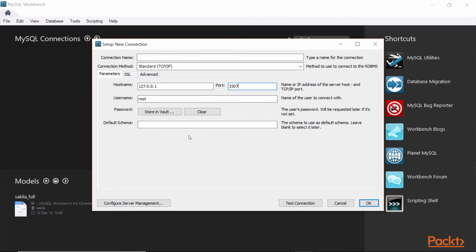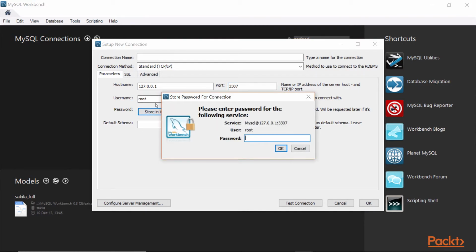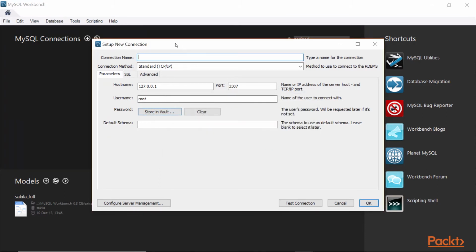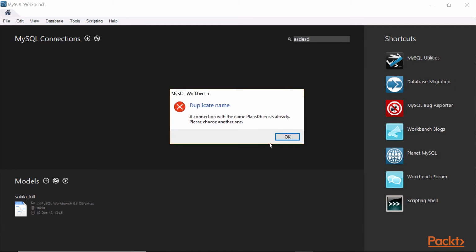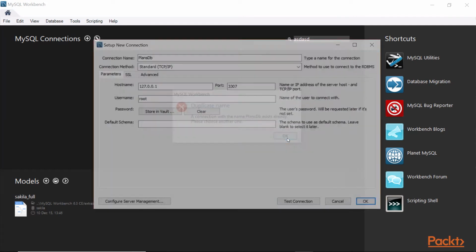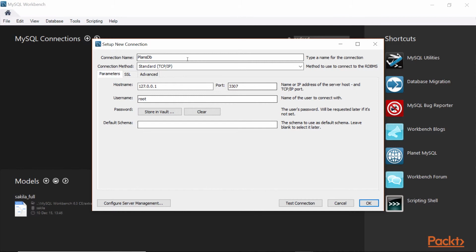Now I'm back to MySQL Workbench, and I'm going to perform a connection to the plans database. Remember, it's the one running on port 3307. This is how we distinguish between the two. I'm gonna call the connection plansDB. If I test the connection, it works. It turns out that I already have a database with that name, so let's modify the connection name a bit. This has nothing to do with the container or with the actual database, it's just the connection name in Workbench